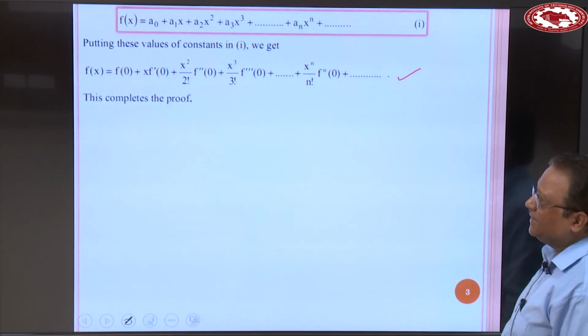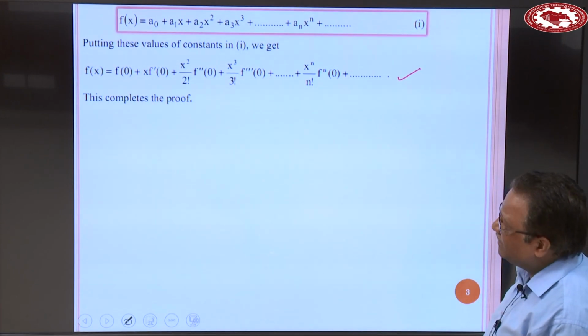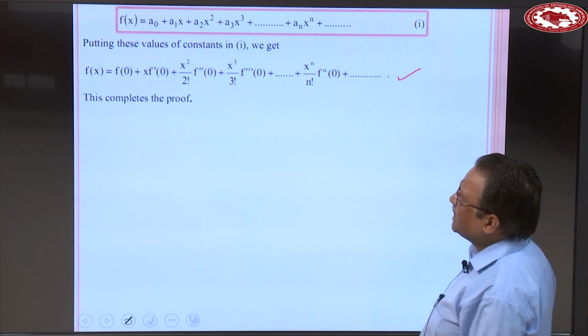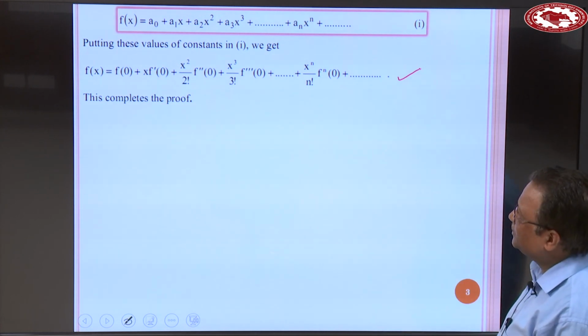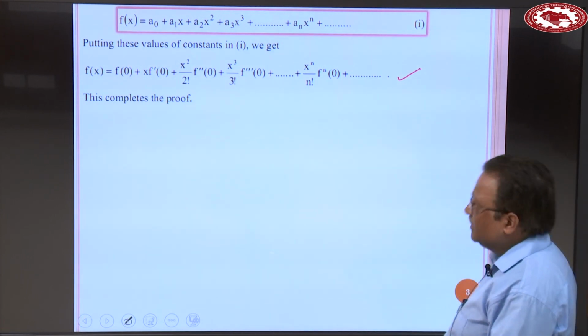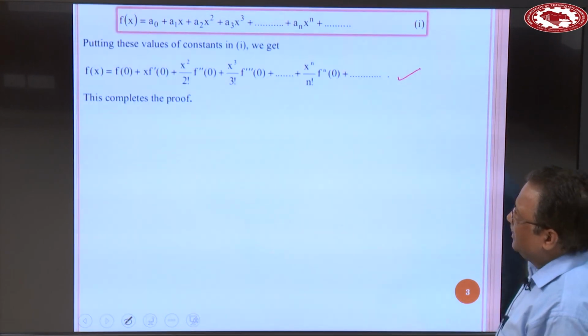We obtain this expansion: f(x) is equal to f(0) plus x f'(0) plus x squared over 2 factorial f''(0) plus x cubed over 3 factorial f'''(0) plus and so on. This completes the proof. Okay. So, this one is Maclaurin's theorem. Okay. So, next